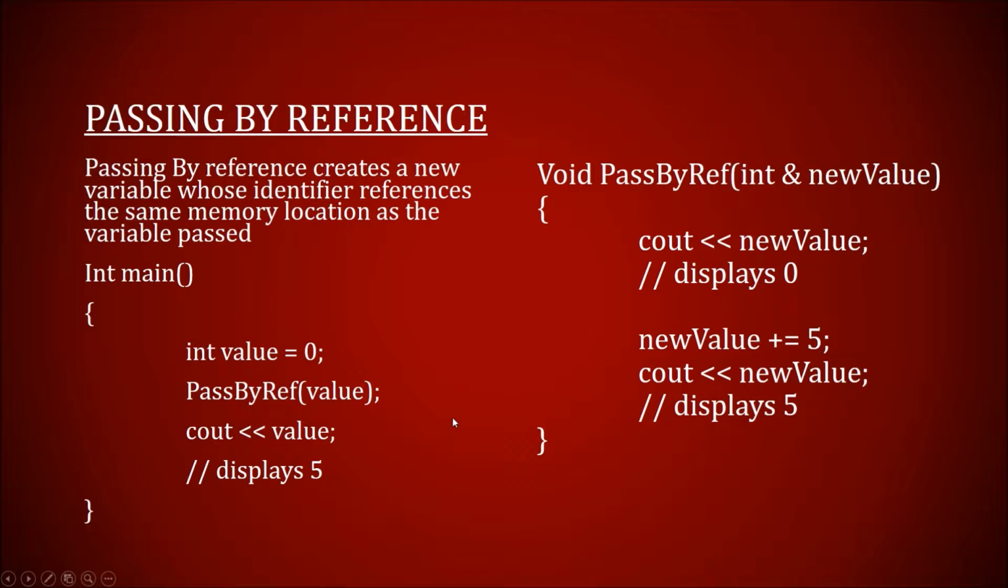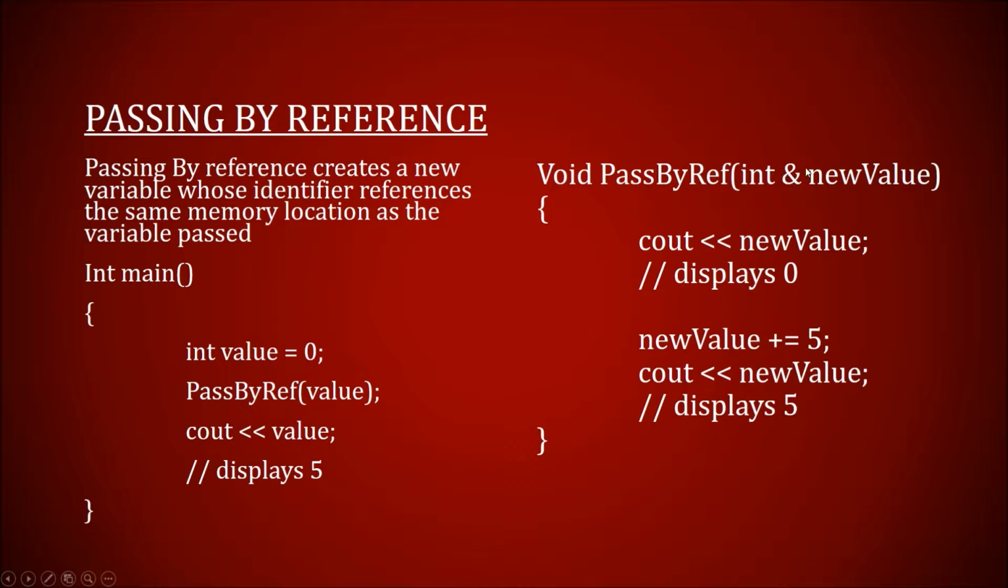Passing by reference is a bit different. Passing by reference creates a new variable, but the identifier of the new variable actually just references the same memory location as the variable that was passed in. So if you were to take the integer value that was assigned 0 and pass it into this pass by reference function,